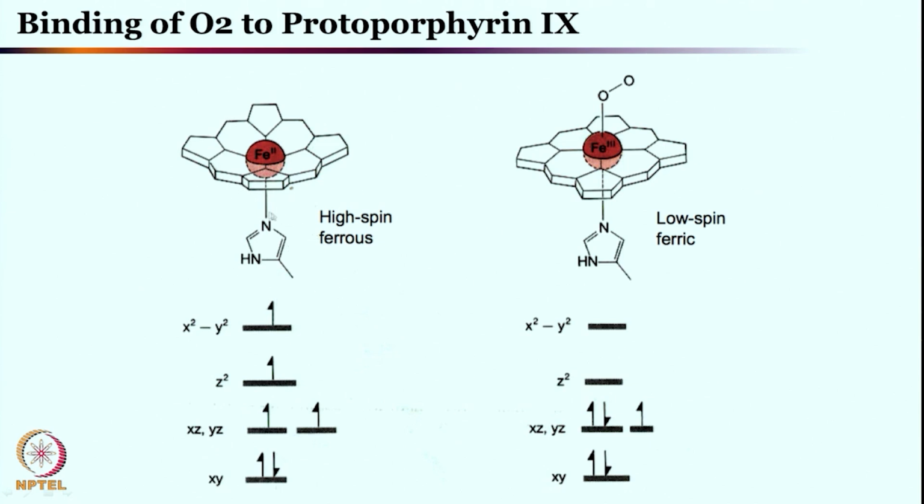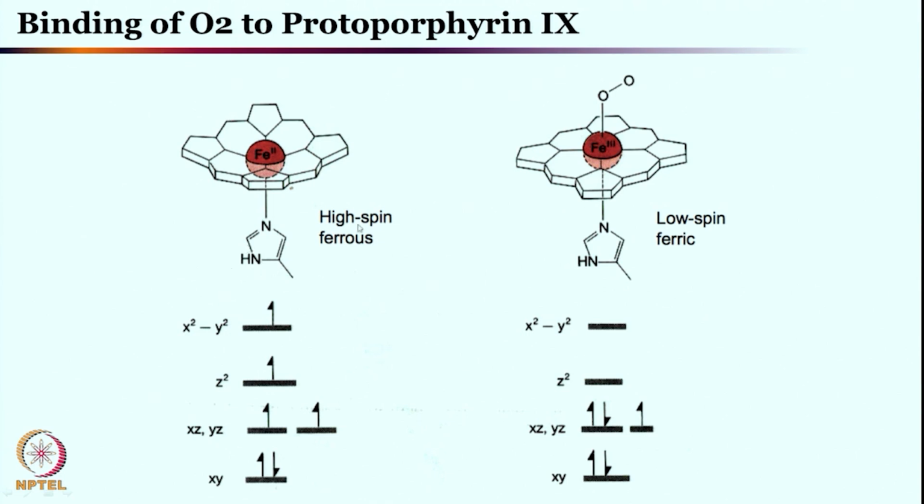Remember, for cytochrome P450, where oxygen activation is coupled with substrate activation as well as substrate oxygenation chemistry, there it was a cysteine ligand, not the histidine. So, that is cytochrome P450. Here we are discussing the hemoglobin and myoglobin cases. This is histidine